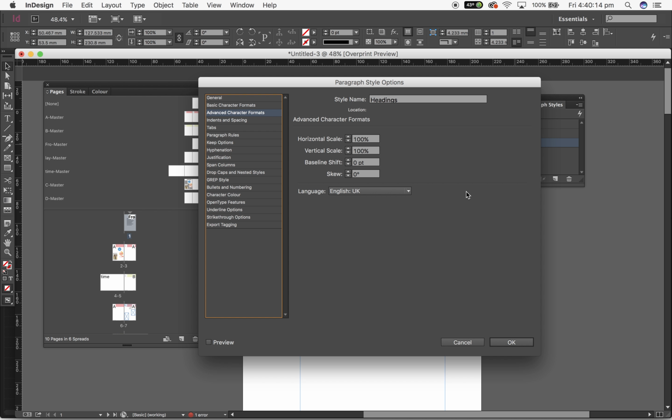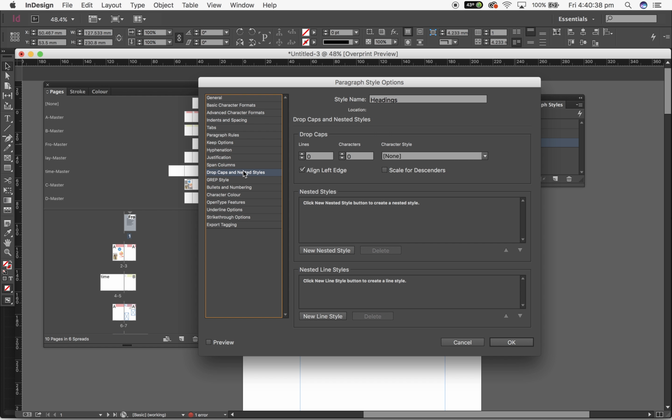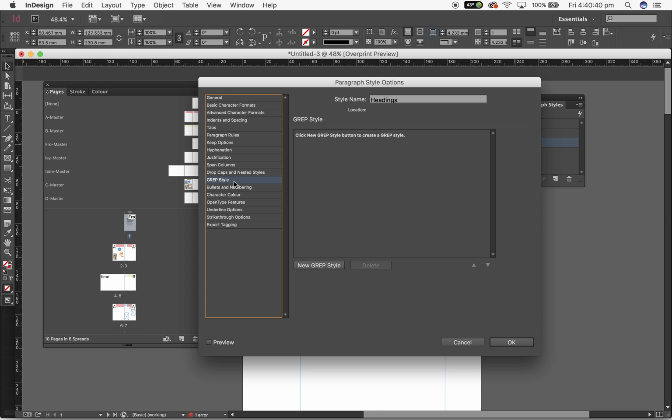You can change the scale, the skew to turn everything into italics, so you can even go down to individual degrees with that. You can change the alignment of everything. So realistically, you could take a text box and in one button push change literally everything about it. So sizing, spacing, whether you hyphenate, whether you justify, if you've got drop caps, GREP style, which I don't even